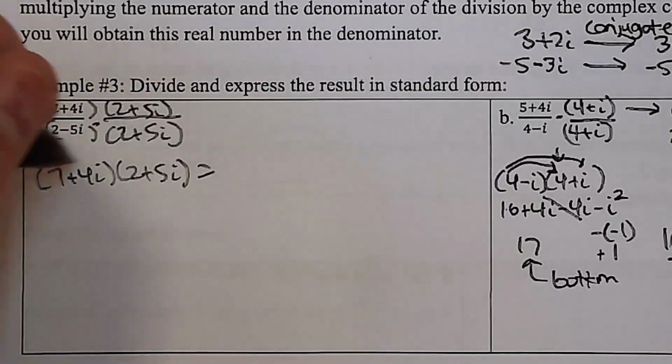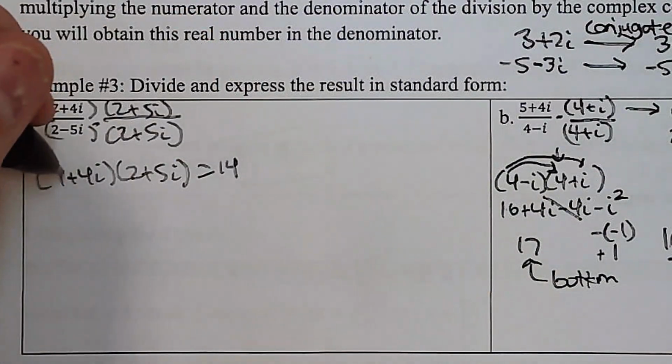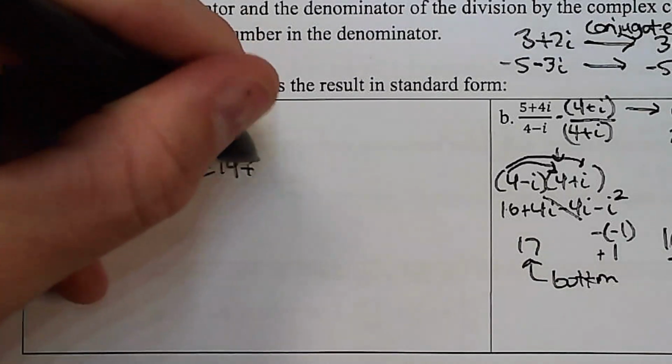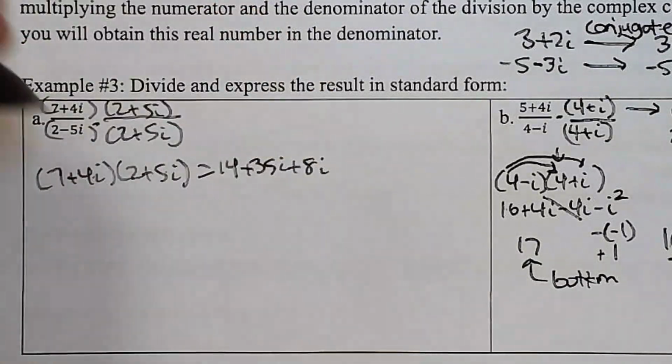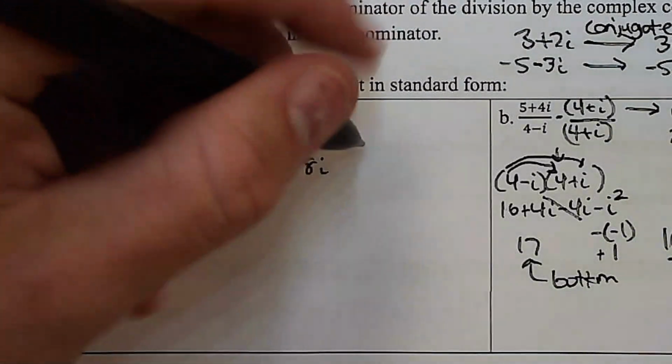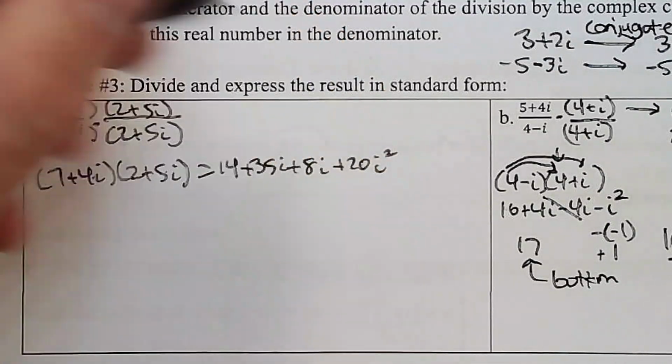So I'm going to distribute. 7 times 2 is 14. 7 times 5i is 35i. 4i times 2 is 8i. 4i times 5i is 20i squared. So